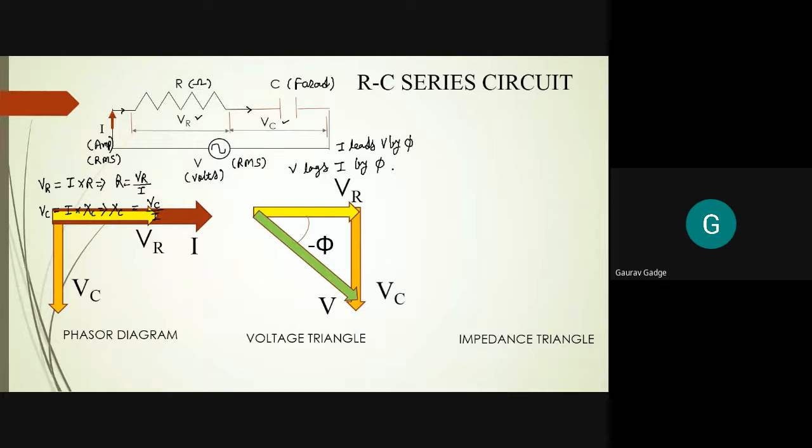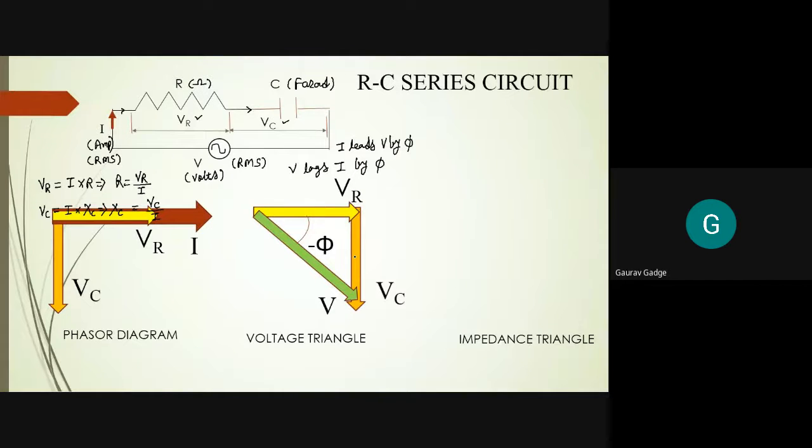Okay, now this is the voltage triangle. I think all of you are now clear with the voltage triangle. Now to make an impedance triangle, what to do? Quick, tell me fast. We have only 4 minutes left. To make an impedance triangle, what do I have to do? What should I do? What do I have to write? What adjustments are to be done in this voltage triangle?